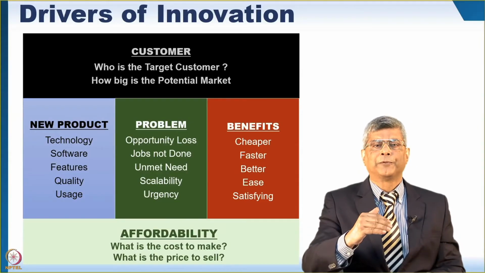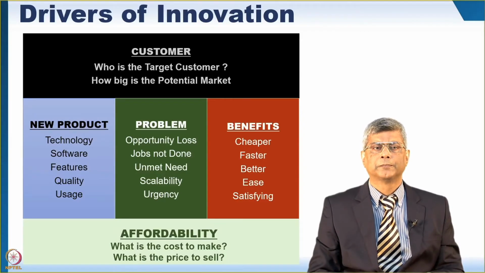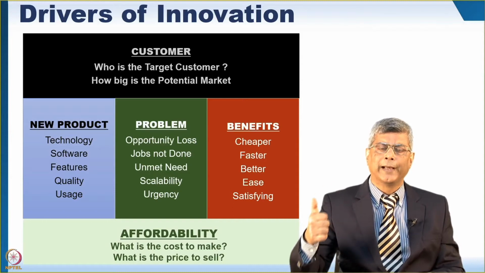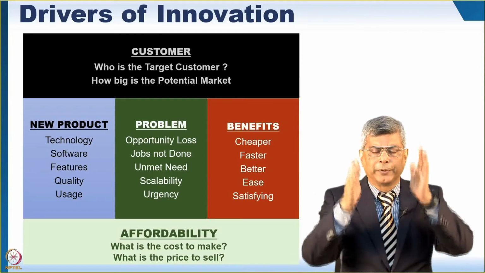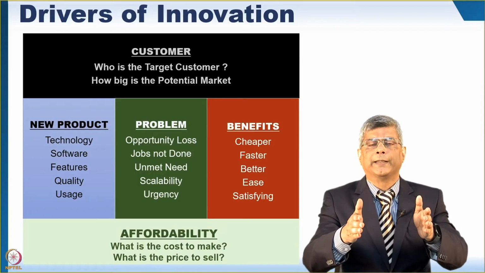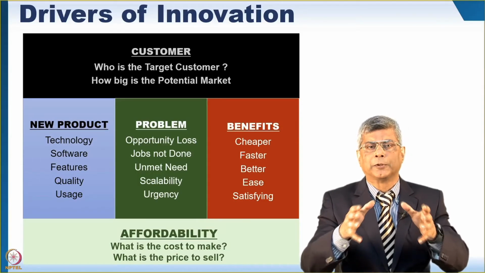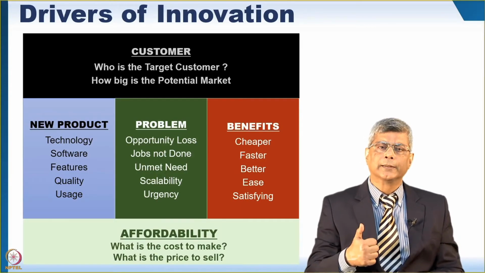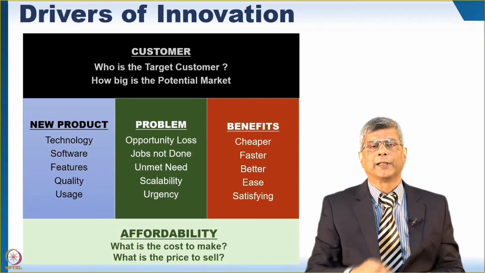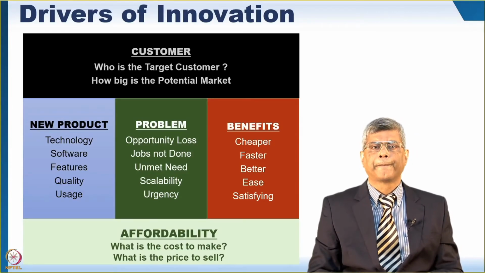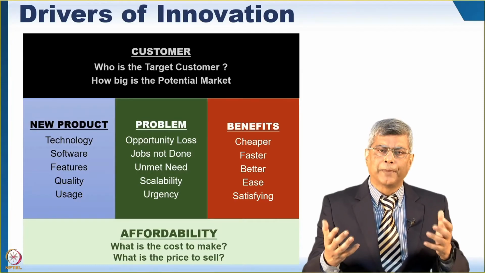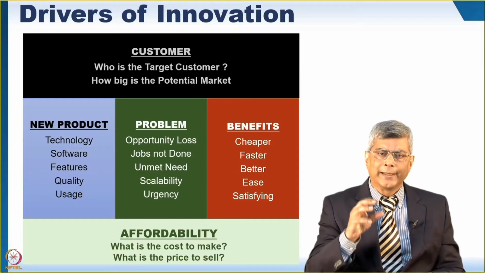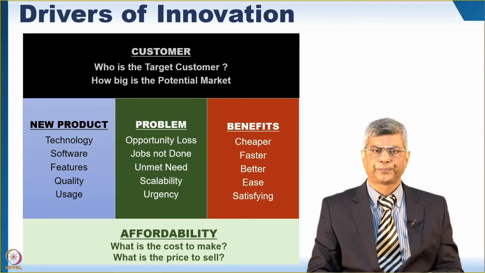And then the work that we have to do in the innovation process is the product itself, the problem that you are starting to solve, and then the benefits. So let's start with the problem. So you have understood the customer, and you've identified probably 1 million customers or 10 million customers as the target customers for this innovation. The question is, what problem are you trying to solve for that customer? If the customer doesn't have a problem, he will not buy your innovation or your new product. So you have to really understand the problem that the customer has.